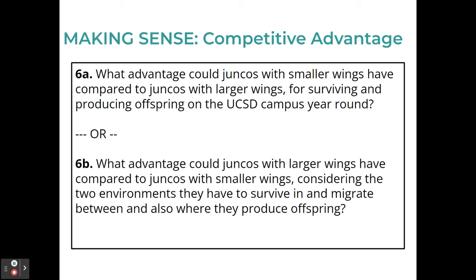What this also means for those little fighter jet juncos on the campus is that with those shorter wings, they would have a much harder time migrating back and forth to the Mount Laguna campus. So these differences in wing lengths would definitely, for the campus juncos, keep them from being able to migrate back to the Mount Laguna environment. Another way that these two groups of birds are different, and that these differences keep them apart.